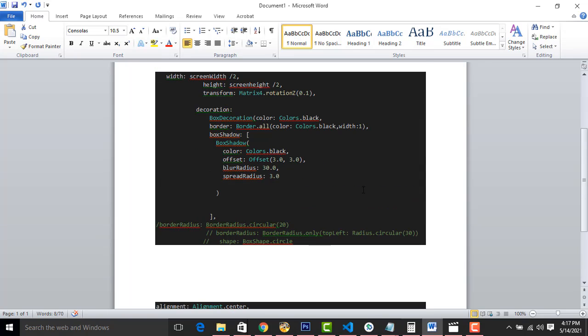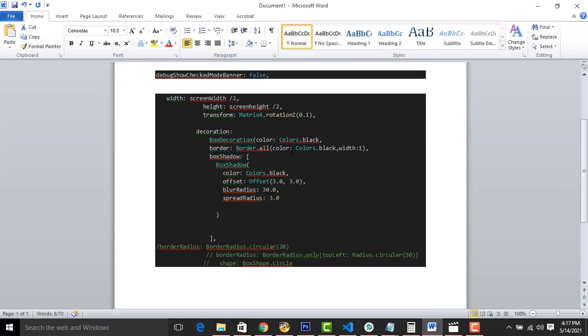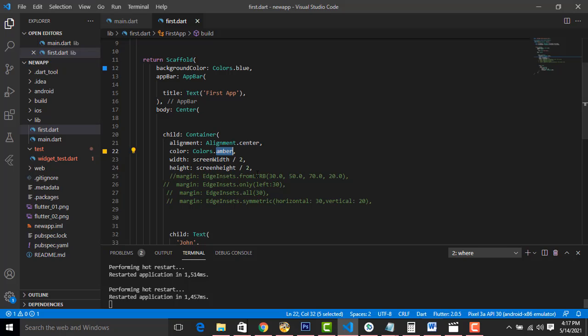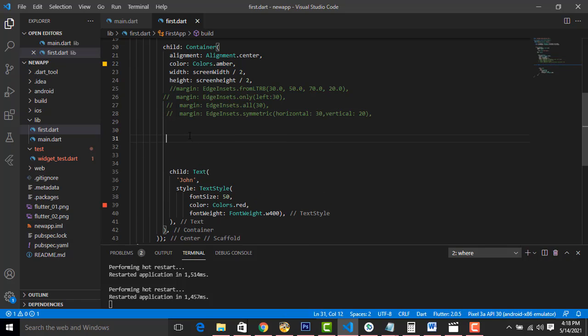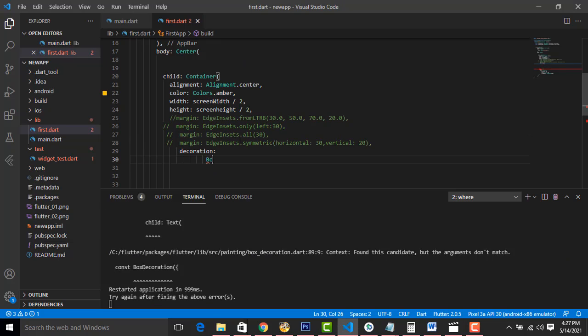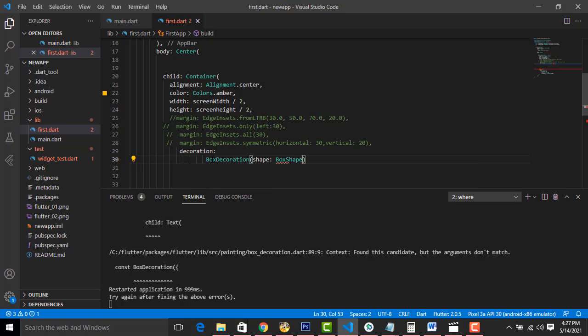Now let's look at the concept of the decoration. Decoration is very important stuff. When you look at the decoration, this is the only thing we have to look at, very important stuff. We have to write like this here. Decoration. Now here write box decoration. In box decoration we have to write shape box, style box shape circle,